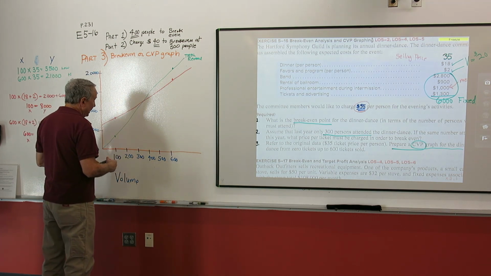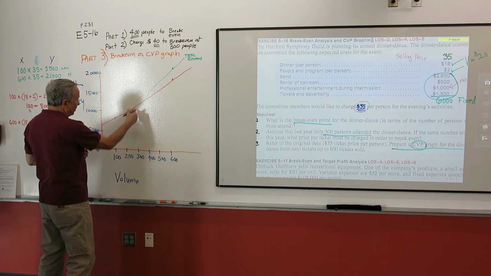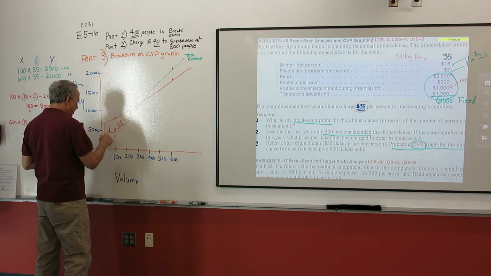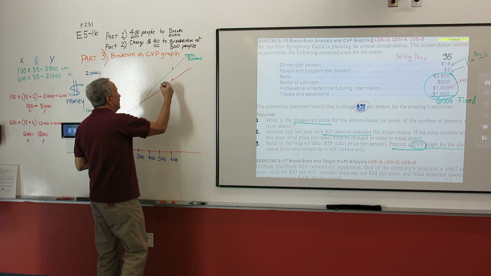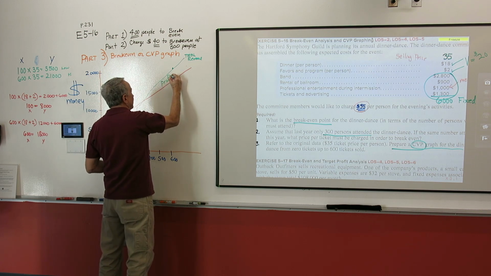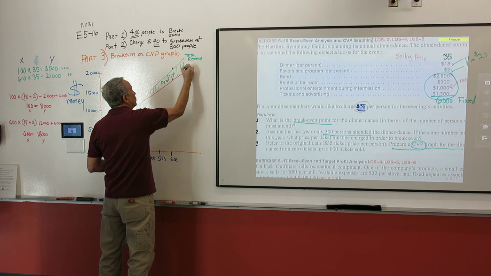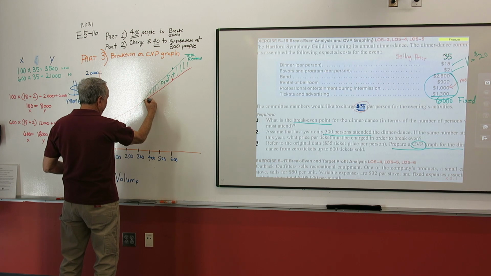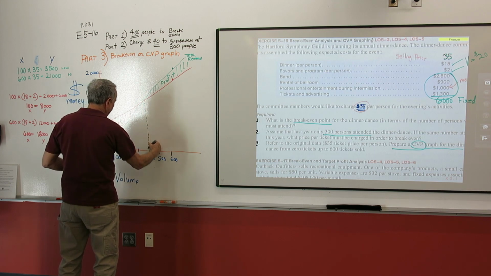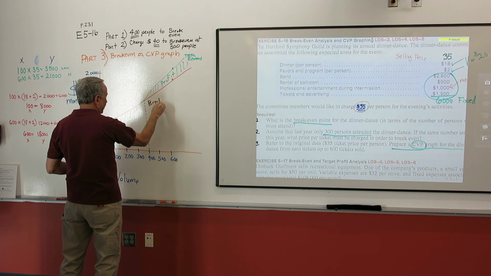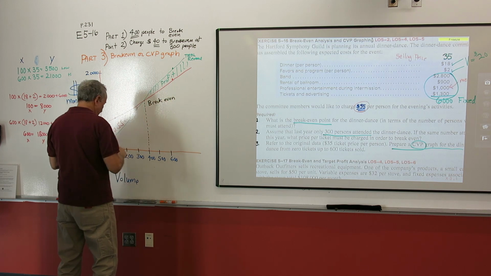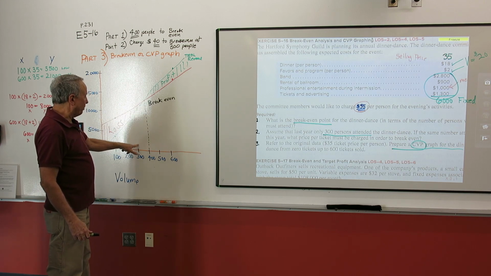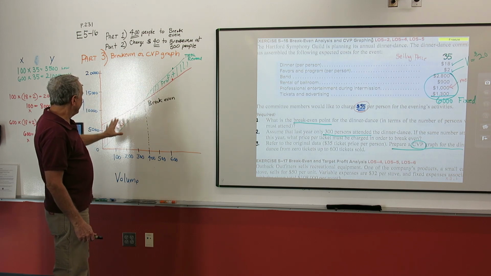There it is. And again, what you can see here, this distance here is called loss. All this in here is loss. And then up here is gain or profit. All this is profit. Do you guys remember that where the two lines meet, that is break even? So they break even at the 400 point. Remember, at 300, we can't break even unless we raise the price. But based on the original data, here's your CVP graph.